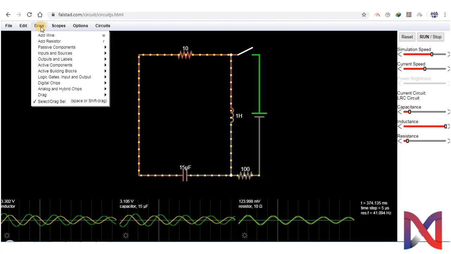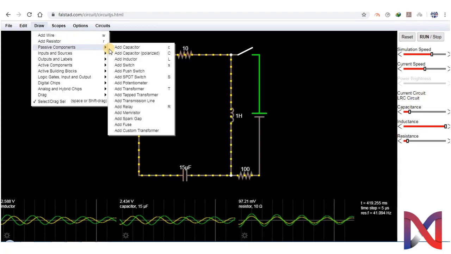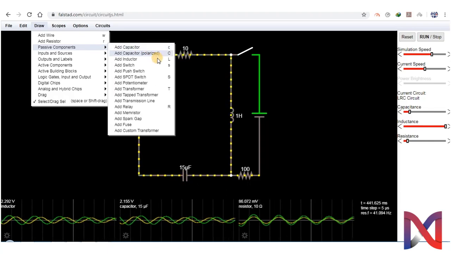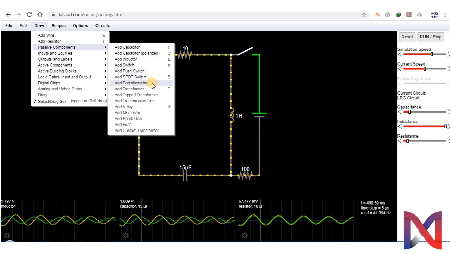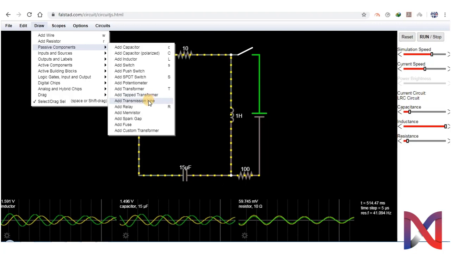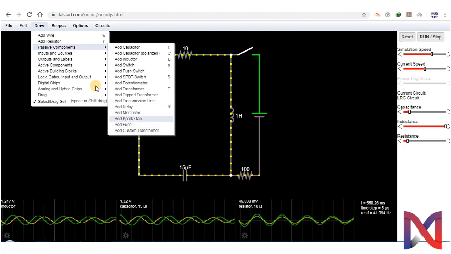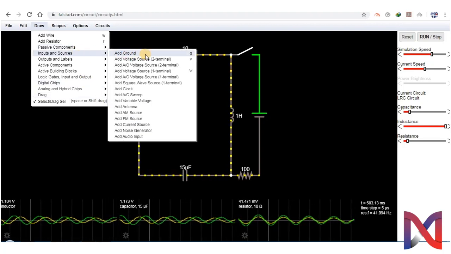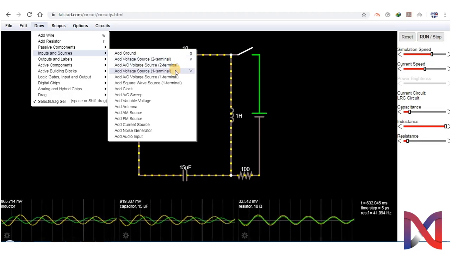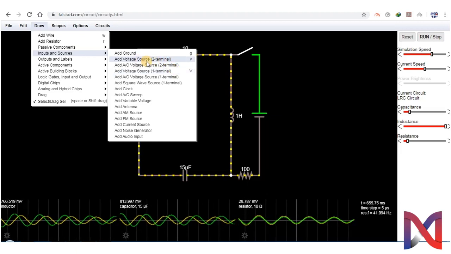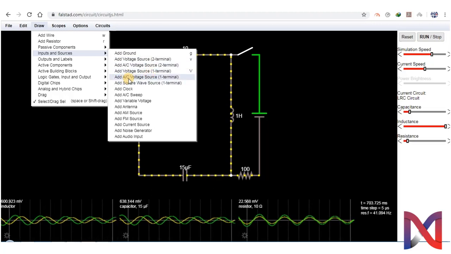In the draw menu, you can add any wire in the circuit, resistor, passive components such as capacitor, polarized capacitor, inductor, switch, push switch, potentiometer, transformer, tapped transformer, transmission line, relay, memristor, etc. In the input, you can place ground, voltage source of 2 terminals, AC voltage source of 1 terminal. The simple voltage source is basically a DC source, while with AC it is mentioned.